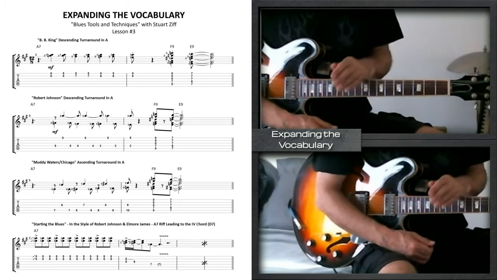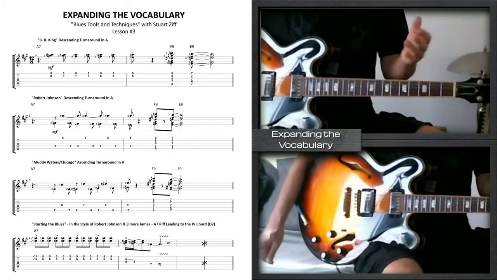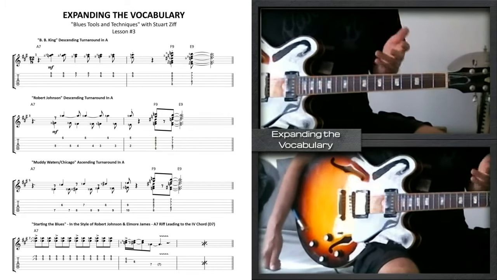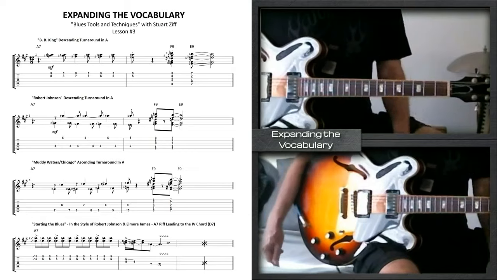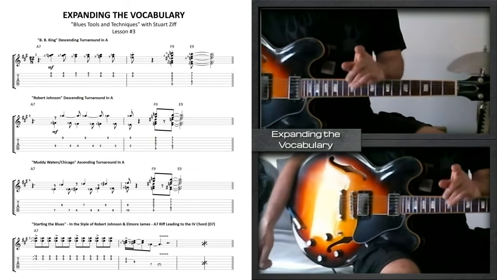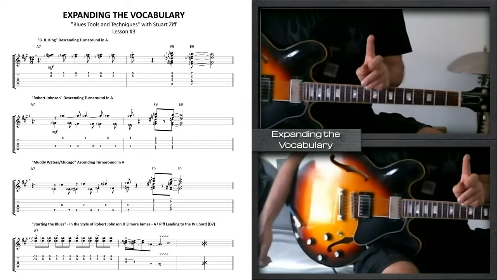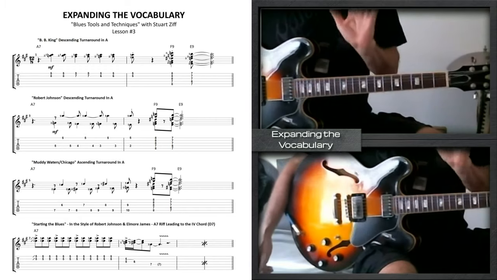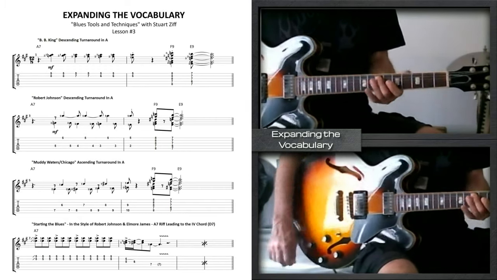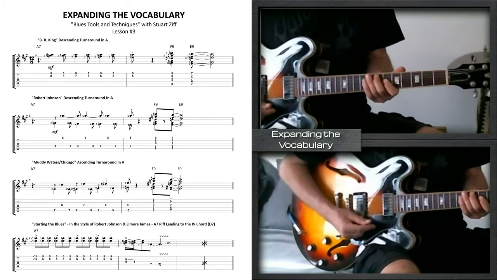No matter what key you're playing in, if you're playing in the key of A, the key of F, the key of D flat, doesn't matter. You think of the 5th, the interval, the 5th of the 1 chord. So if your 1 chord is A, what's the 5 of A? E. So this turnaround begins on the 5th, which is E. And you just have to remember to put